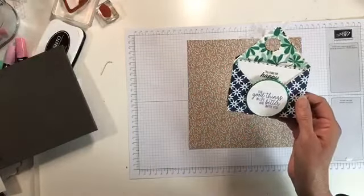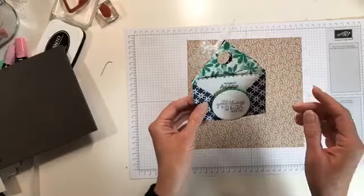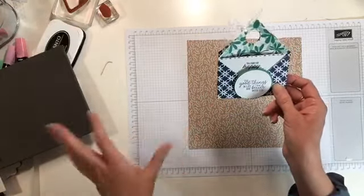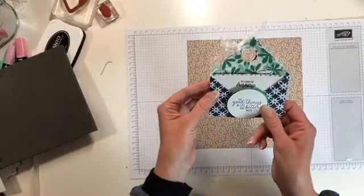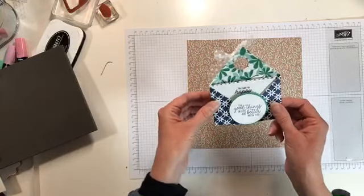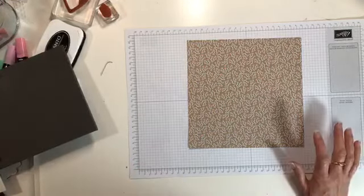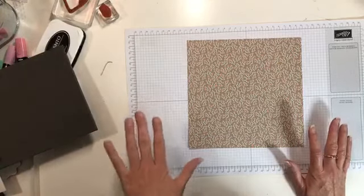And I made my little prototype here using some of the designer series paper, and I can't think of the name of it right off the top of my head. Wow, something blooms. That's really bad. Anyway, this comes out of the Occasions catalog, and because Valentine's Day is just around the corner, we're going to use the All My Love designer series paper that is featured in not 1, not 2, but 3 Valentine sets in